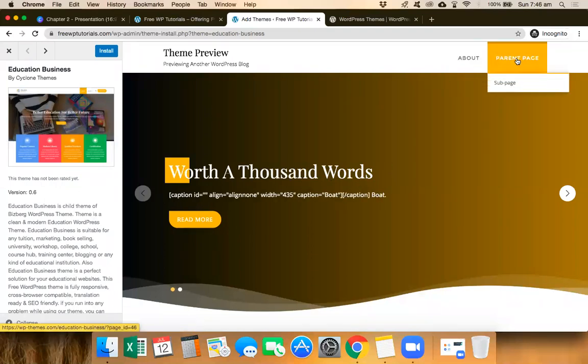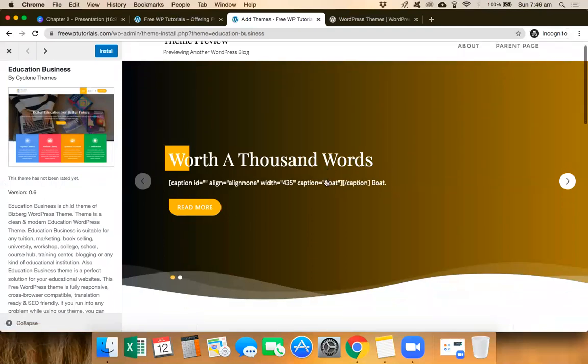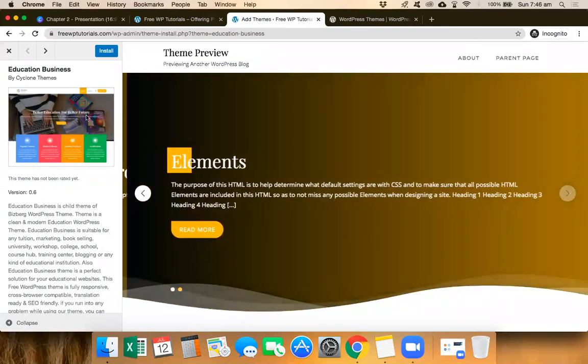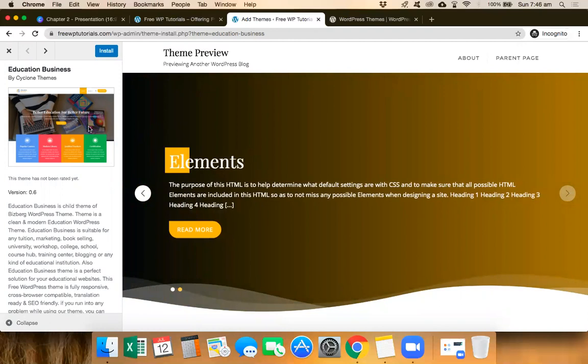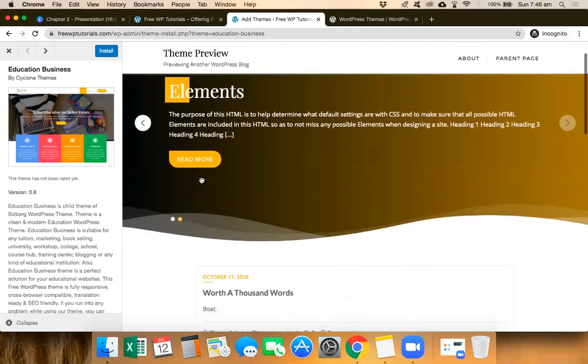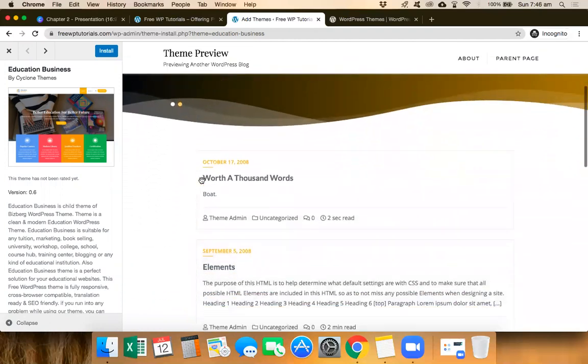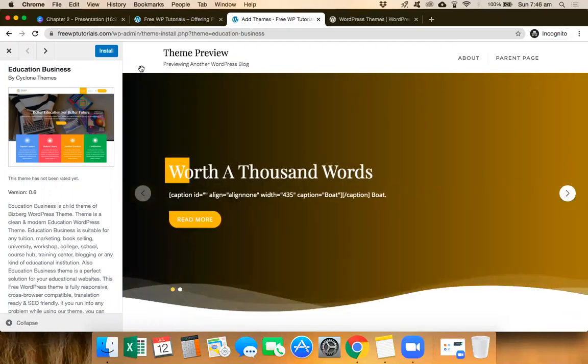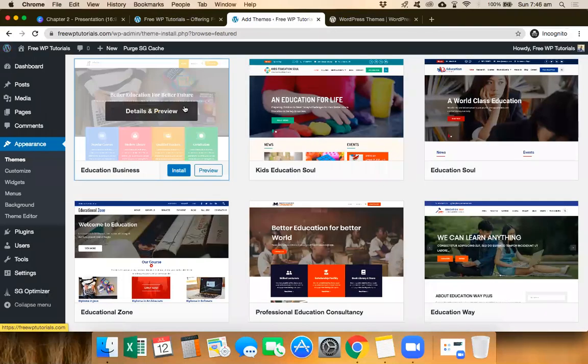The About page, there's a parent page, and you have a sub page as well over here. Again, you can notice that the page doesn't look similar to what the design is. It's just basically the font and the colors and the layout that you can implement into your own website. So if you like this, you can just go ahead and click on Install. Now let's click on this cross button to get back to our themes page.